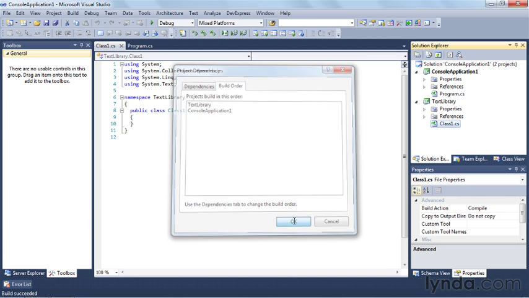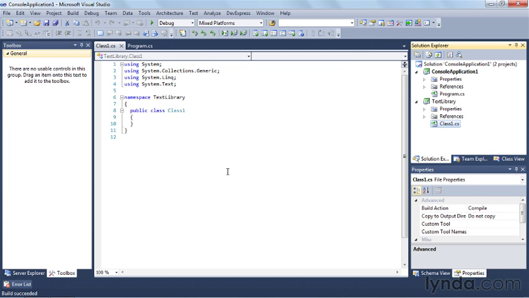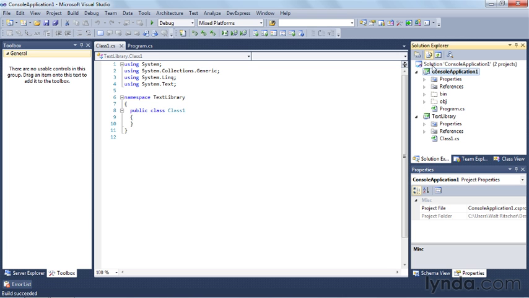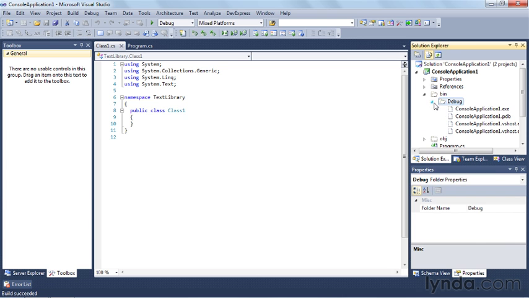There are two major types of builds you can do in an application, and they're listed in this configuration dropdown. You can see one called Debug and one called Release. Right now I'm creating a debug build. So the results of that are going to go in the debug folder. Let me show you where that's at. I'm going to click on this Show All Files button. I'm going to open this bin folder, and right now you see that my ConsoleApplication1.exe is in this debug folder. If I switch over to Release Build and then compile my project,